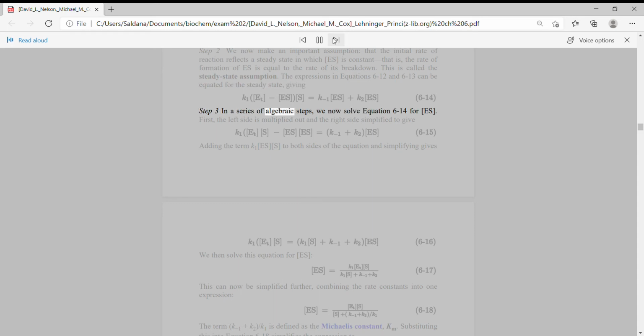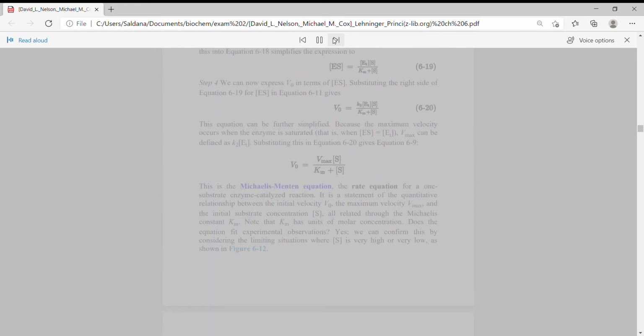Step 3. In a series of algebraic steps, we now solve Eqn 6-14 for [ES]. First, the left side is multiplied out and the right side simplified to give. Adding the term k1[ES][S] to both sides of the equation and simplifying gives. We then solve this equation for [ES]. This can now be simplified further, combining the rate constants into one expression. The term (k-1 plus k2) divided by k1 is defined as the Michaelis constant, Km. Substituting this into Eqn 6-18 simplifies the expression to